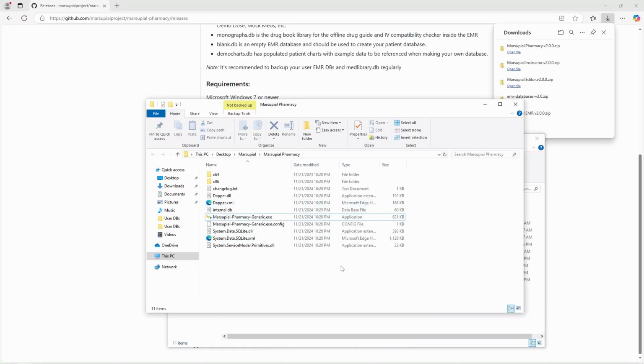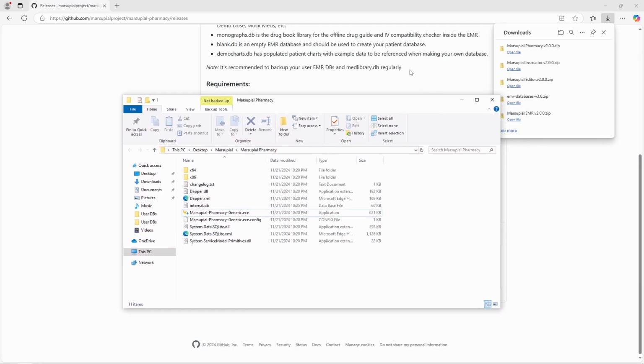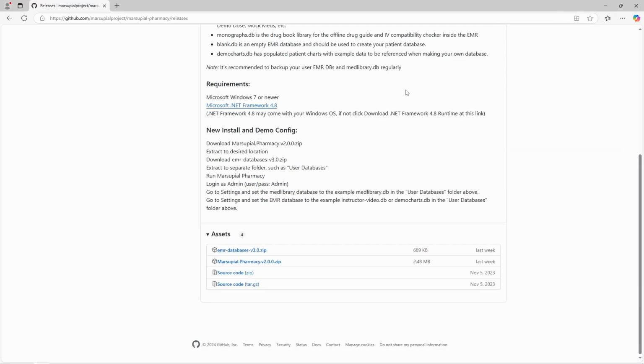And we'll exit out of that. And then pretty much good to go. We'll close our zip for pharmacy. A couple other things I'll mention is